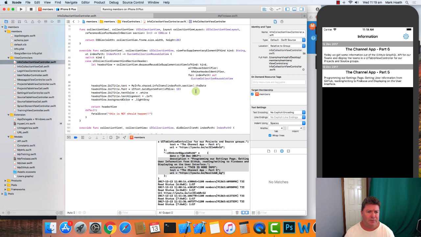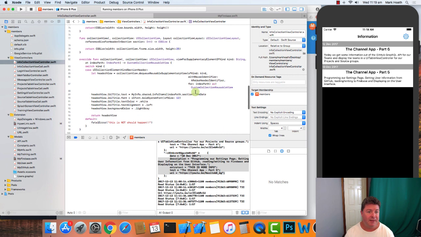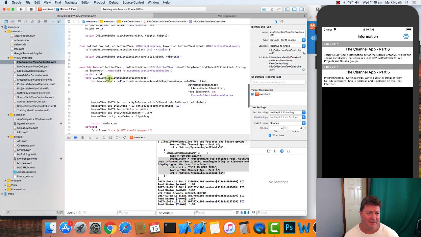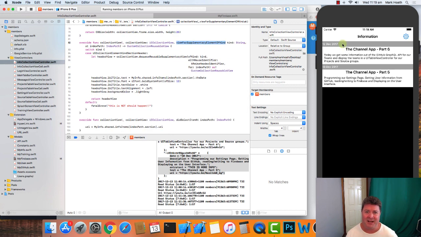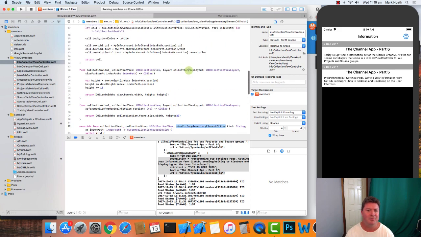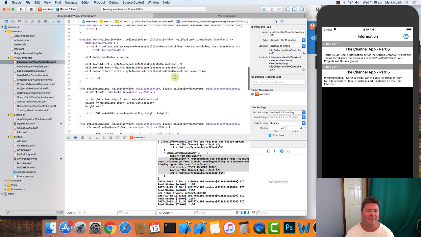Now, the other thing that we need to look at is our header. And CollectionView is a little bit tricky. They have this view for a supplementary element of kind, and so the kinds are header and footer basically, but you could create multiple headers or multiple footers if you so desired, but essentially it works in a similar way to the reuse identifier for the cell,